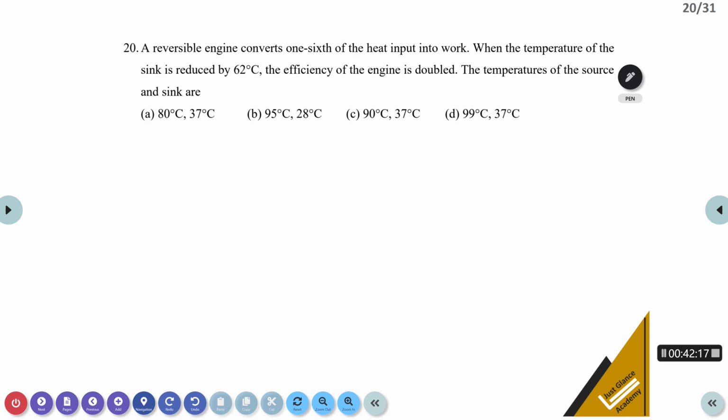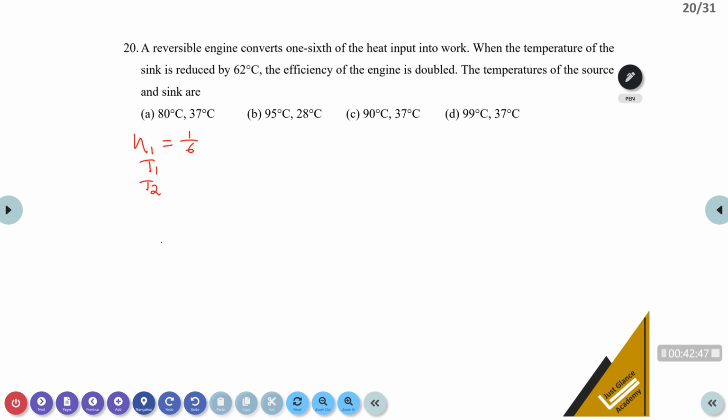A reversible engine converts 1/6 of heat input into what? Work. Okay. That means efficiency E equal to 1 by 6. This is the meaning of it. When the temperature of the sink is reduced by 62 degrees Celsius, sink initial here T1 we don't know that